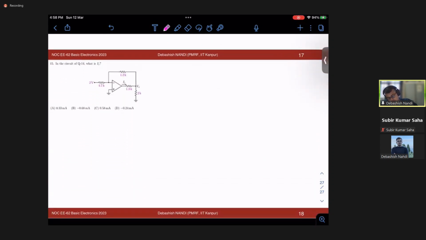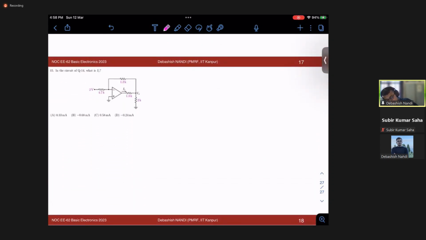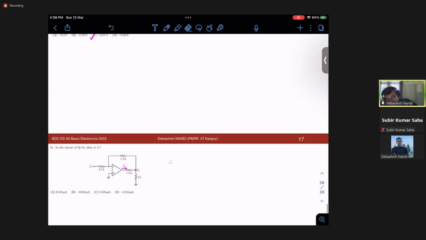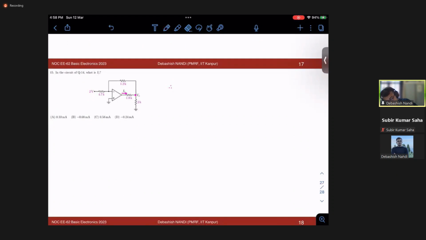So moving on to the last problem, they want us to find out this I1, right? So how do I find out this I1? I know my V naught, so I will use simply KVL in this loop. So 0 minus V naught. What was my V naught? V naught was minus 0.51 volt, right? So 0 minus minus 0.51 divided by 1.2,